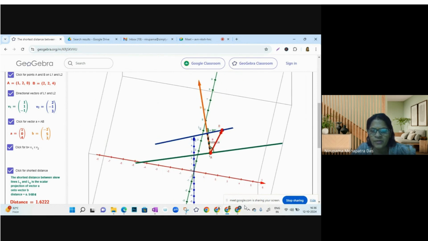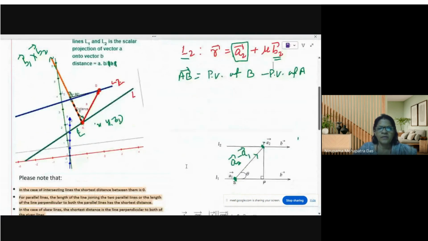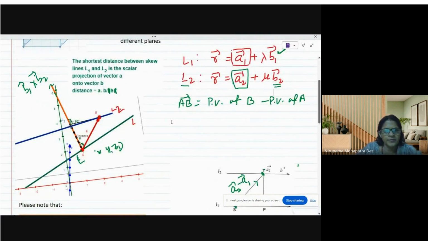Okay, so now going back to our class notes. So basically we want to get this distance, right? Let me take it as, this is one of the positions, in fact. Now, if I take AB, the distance between A and B is